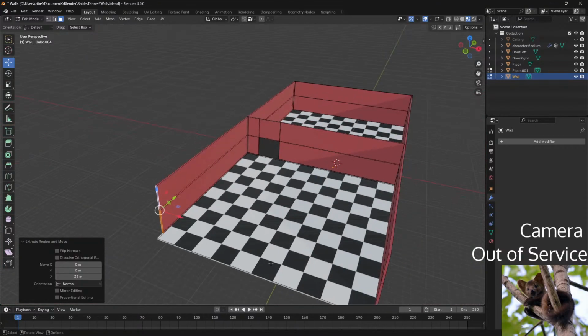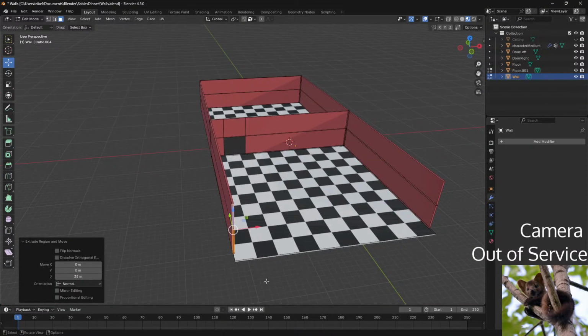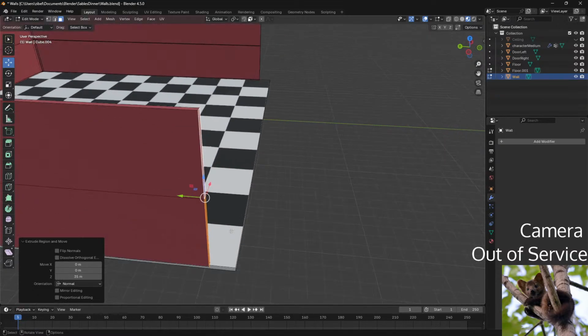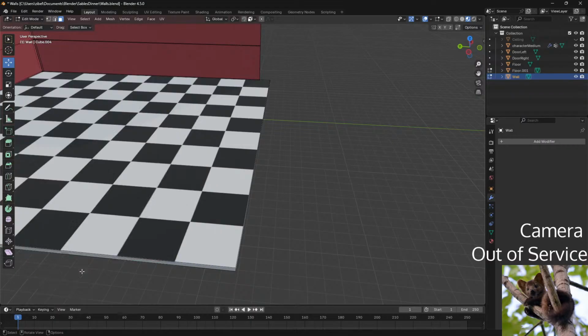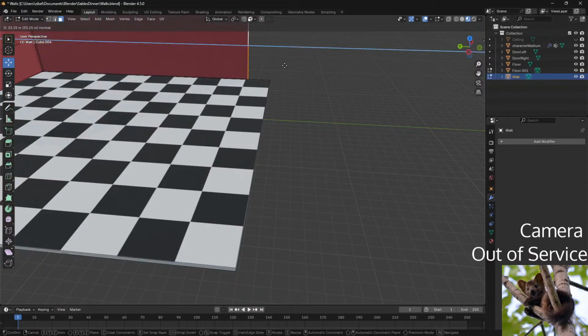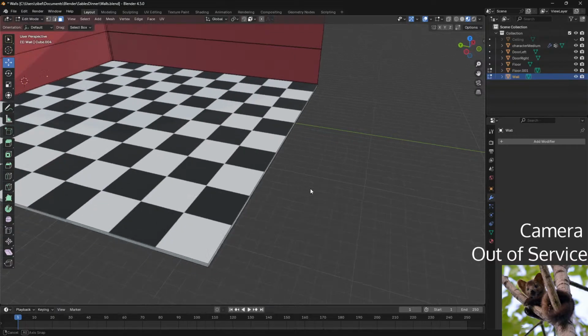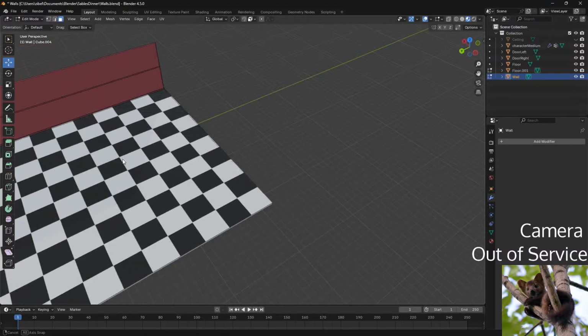This way I should be able... Well, actually, it would be better if it went all the way up there. 36. Ah. Okay, 36.5.